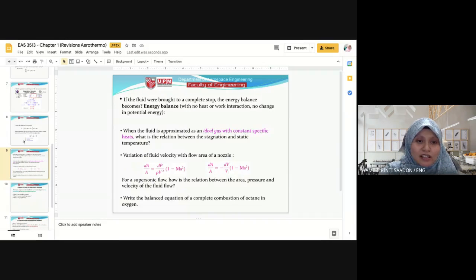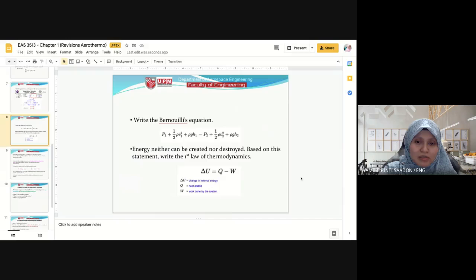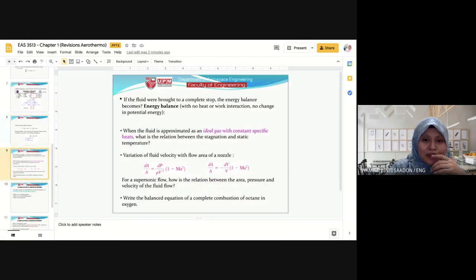Okay, actually, the first law of thermodynamics here, we can also write in terms of the kinetic energy, potential energy, all the conservation of kinetic, potential energy and internal energy. Okay, so if we assume that there's no work, no heat, and no change in potential energy, so what is the energy balance of a fluid